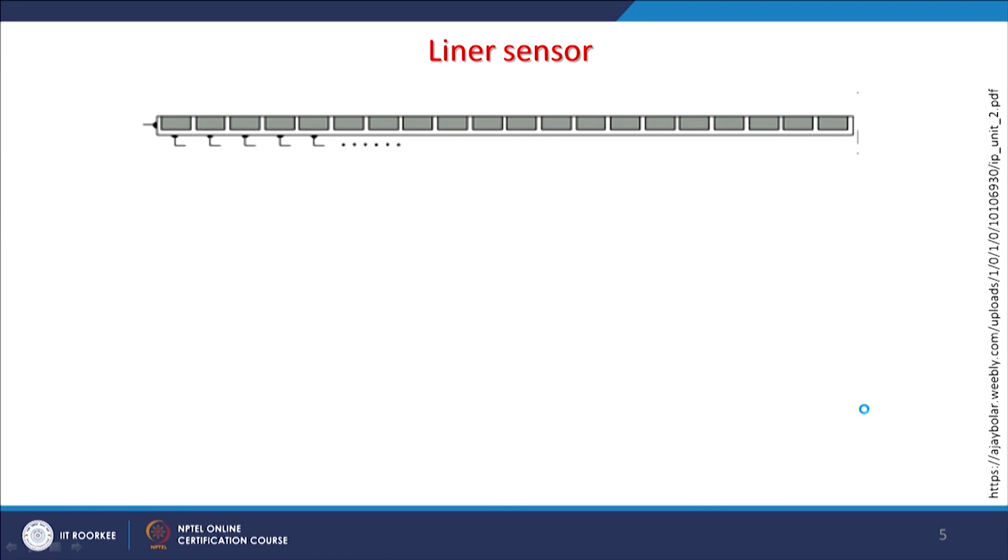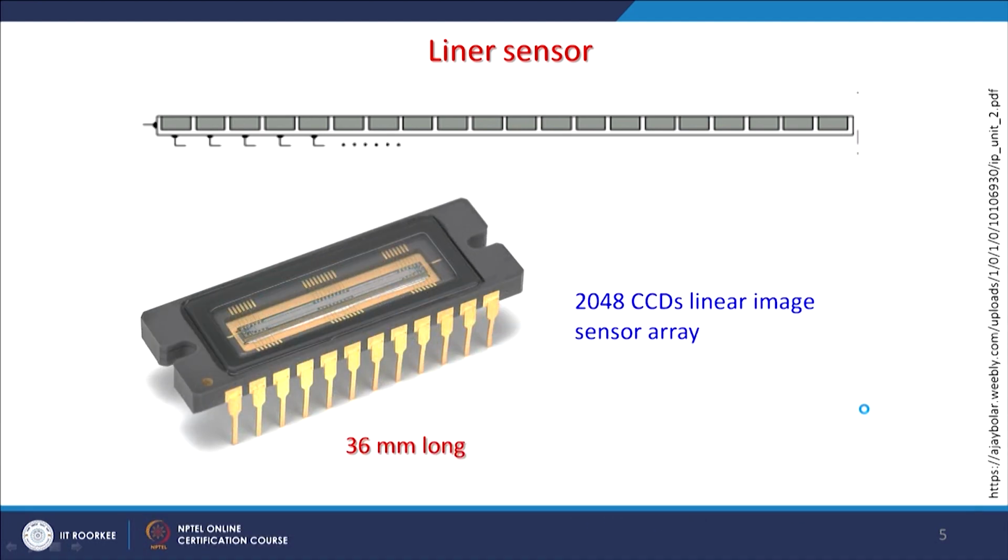Whereas in case of a line sensor, you are having an array of such single sensors or CCDs, charge coupled devices, arranged in a line. And like here, this is the real photograph, which is just 36 millimeter long in total length, and it is having 2048 CCDs arranged linearly. So, if this is put on a satellite sensor, then the image width would be 2048 pixels wide, and it would cover quite a large area from that distance, which is 940-950 kilometers away.